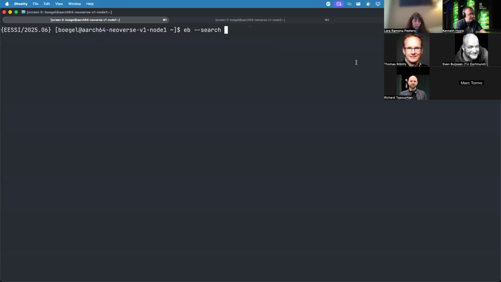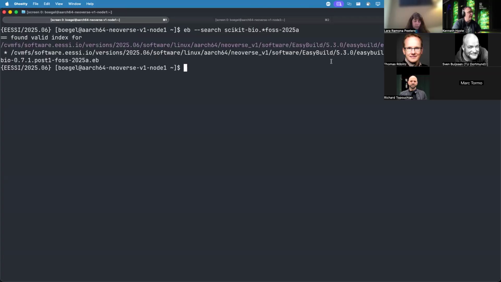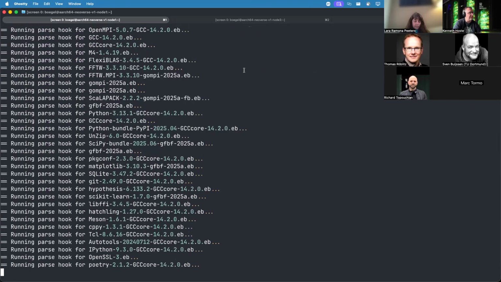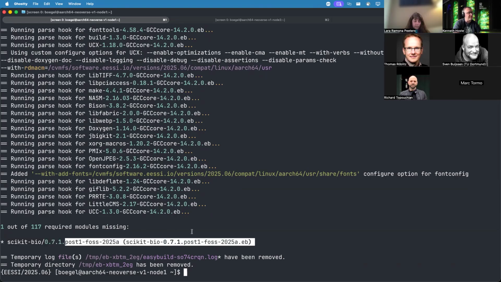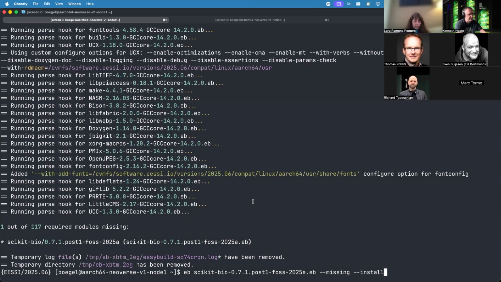And then let's take a look at Scikit-Bio. So we're looking for the Scikit-Bio with FOSS 2025A. And this EasyConfig file is actually already part of the EasyBuild installation we are using. If I do a --missing on this, we should see that actually only Scikit-Bio itself is missing. Because I've cheated a bit and some of the dependencies are already pre-installed. In this case, if I would give it the different install paths,